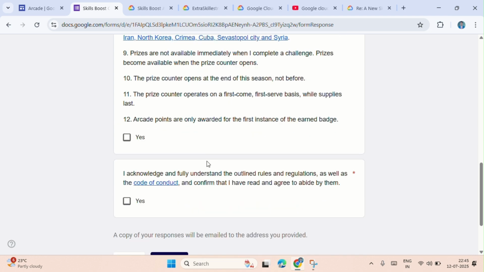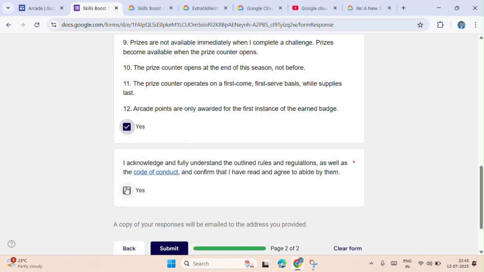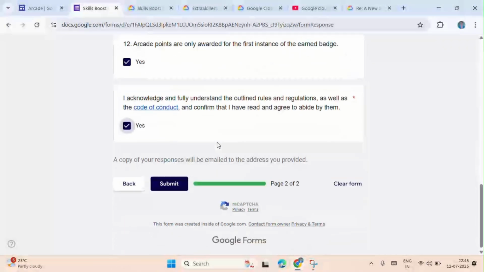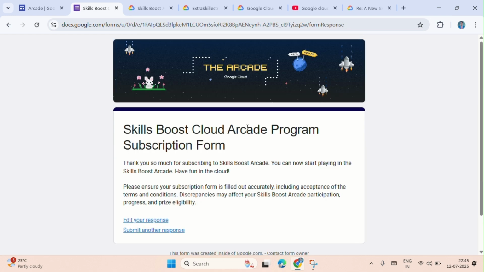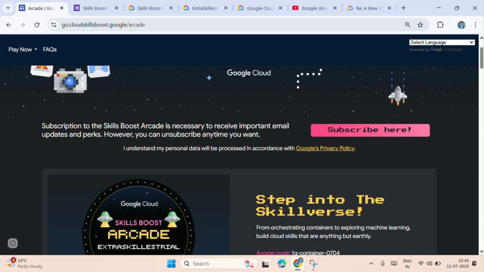Don't participate with multiple accounts. Then just click here, yes, I accept all the terms and conditions, and click on submit. After clicking, you will get a confirmation mail saying you have successfully subscribed. And once you subscribe, no need to worry, you will get all the updates from Google Cloud.